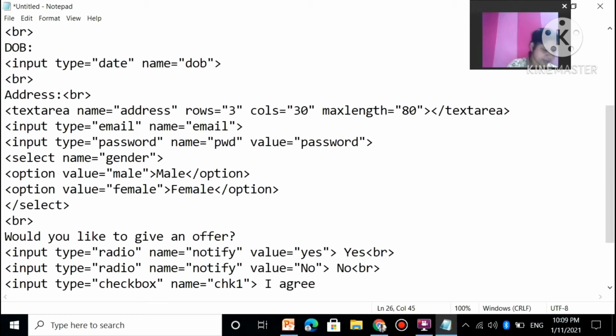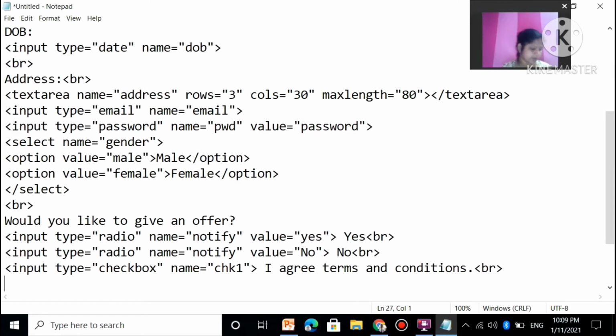I agree. Give one BR. Okay. Then one button.